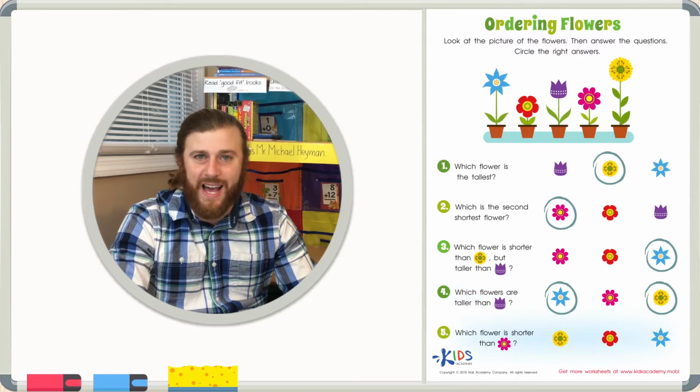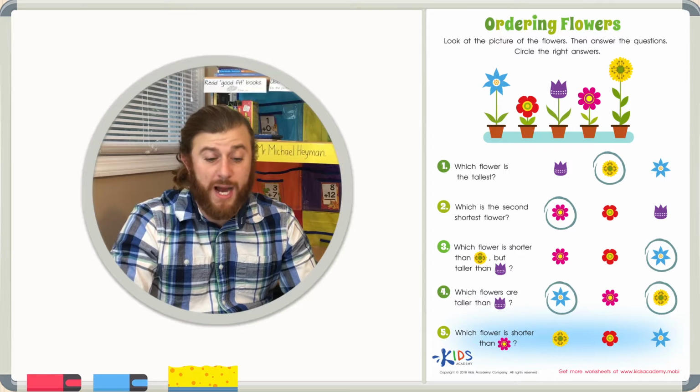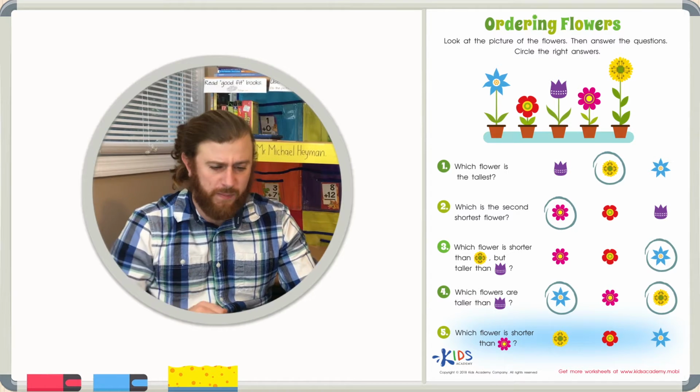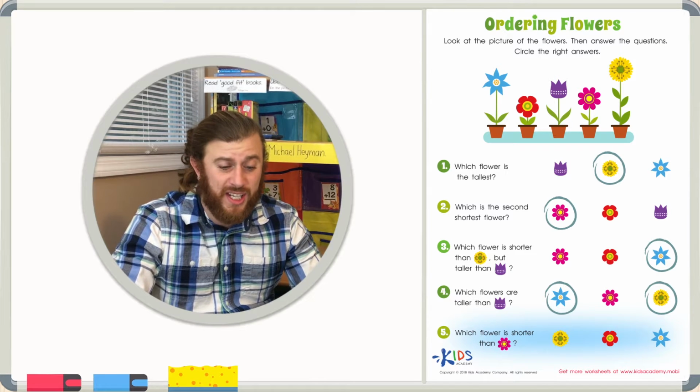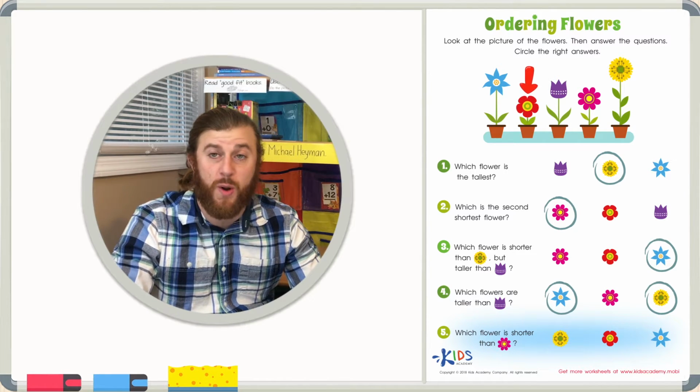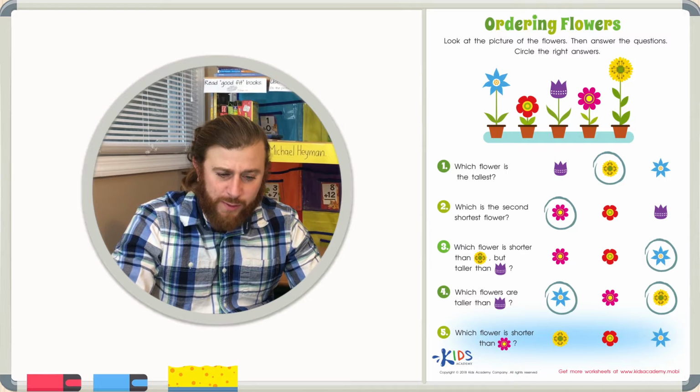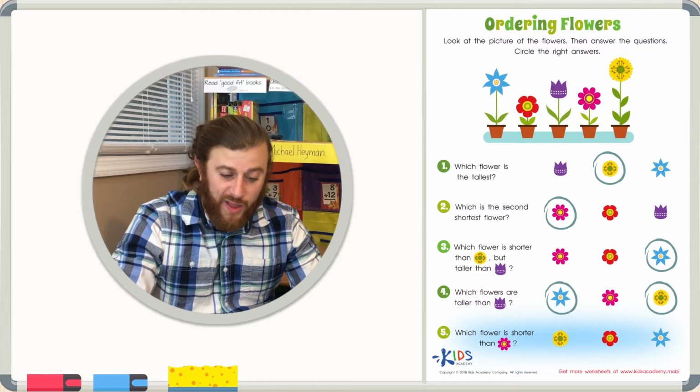Let's go ahead and look at our last question. Which flower is shorter than the pink flower? Well, if you look carefully at the worksheet, you can see that only the red flower is shorter than the pink flower. All of the other flowers are taller than the pink flower, making the red flower the only flower